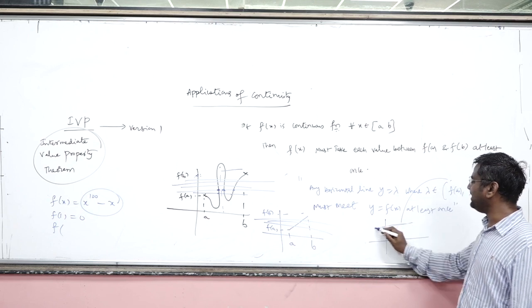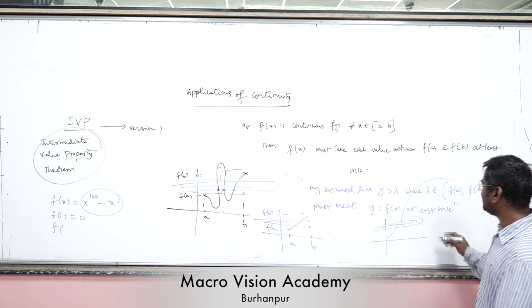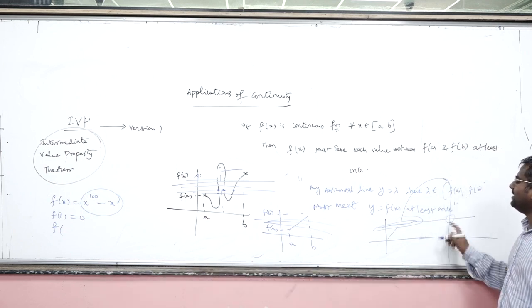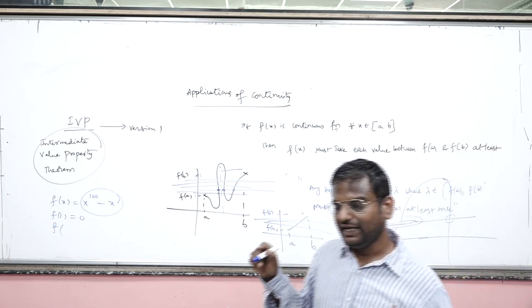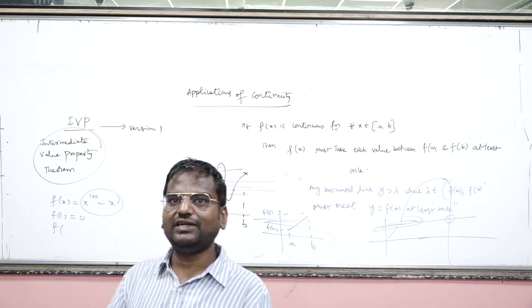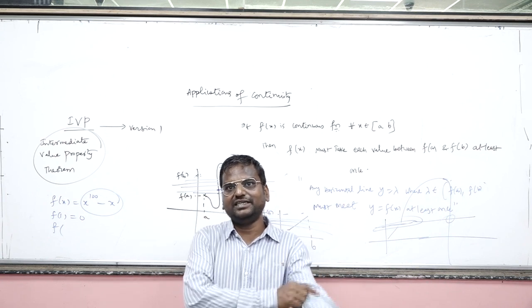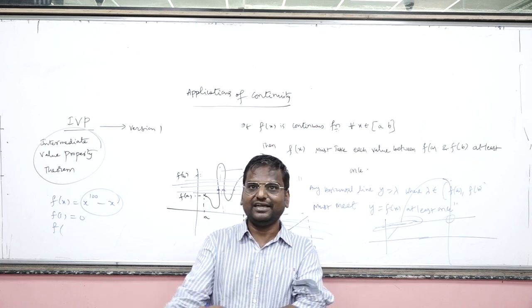So at this point, there is no point of intersection, right? But in some discontinuous cases, for example, if I draw like this, again it is meeting here. So if I find that y equal to lambda meets the graph, the converse need not be true. That is, if y equal to lambda is meeting the graph at least once where lambda belongs to Fa to Fb, that does not guarantee continuity.